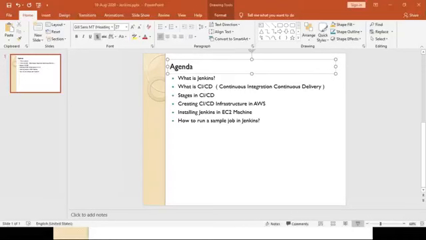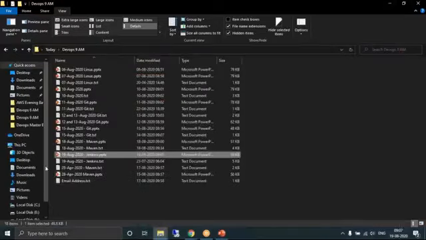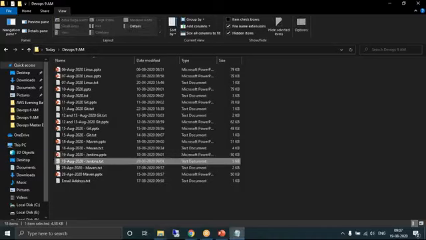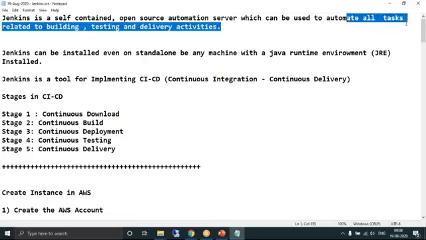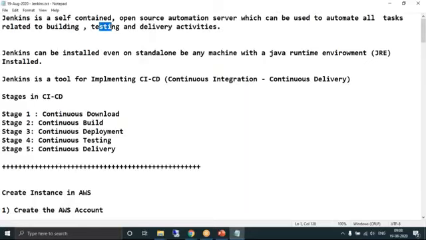So to start with, let's try to understand what we mean by Jenkins. Jenkins is a self-contained open source automation server. The tool behind automation is Jenkins, which is used to automate all the tasks related to building, testing, and delivery.